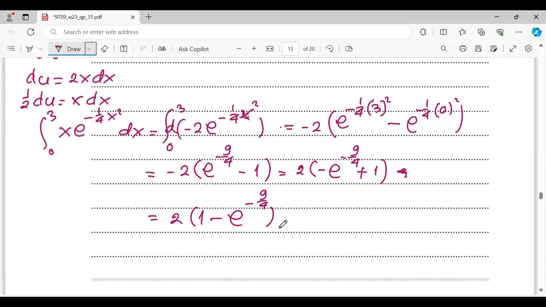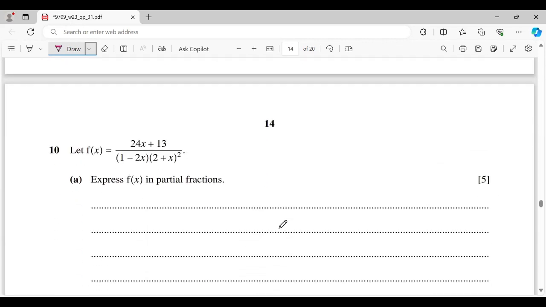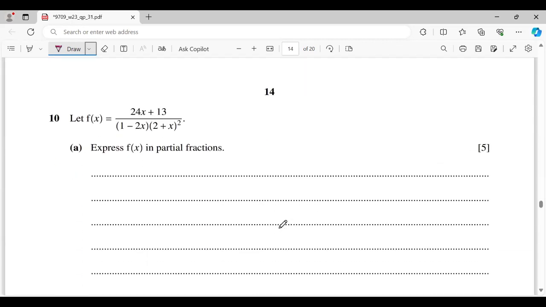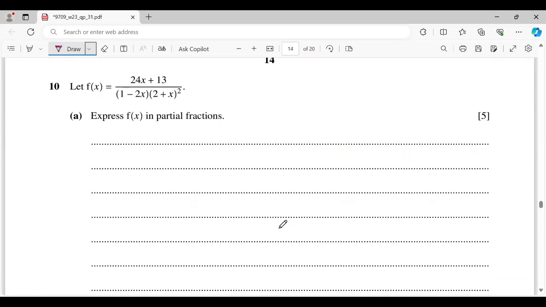The solution. Next, 10. Express f(x) in partial fractions. Okay. So 24x plus 13 over 1 minus 2x times 2 plus x squared